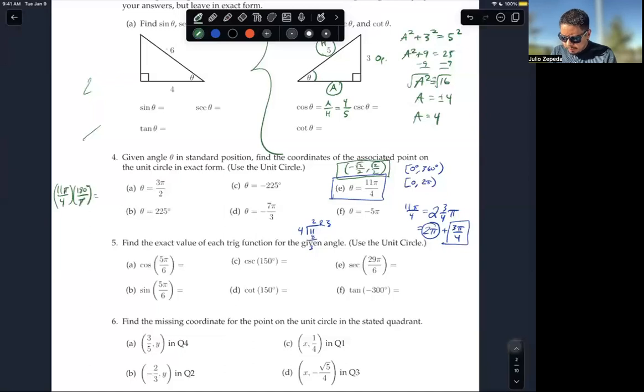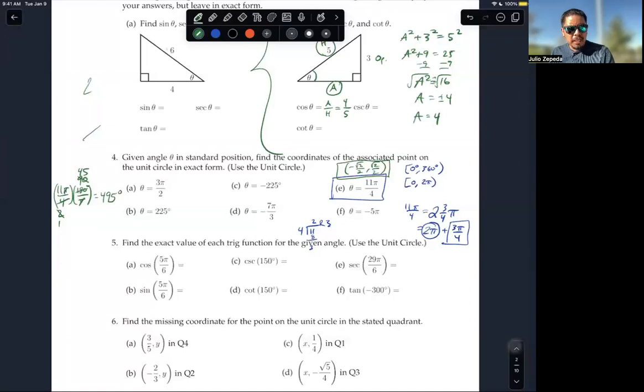The pi's will cancel. 4 goes into 180, or I can reduce them both by 2 to get 2 and 90. And then 2 goes into 2 and 90, 1 time and 45 times. And so if I multiply 11 by 45, that gives me